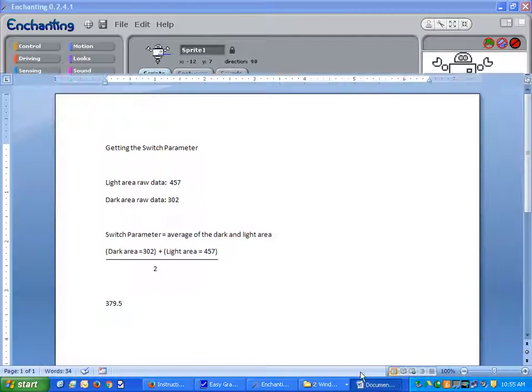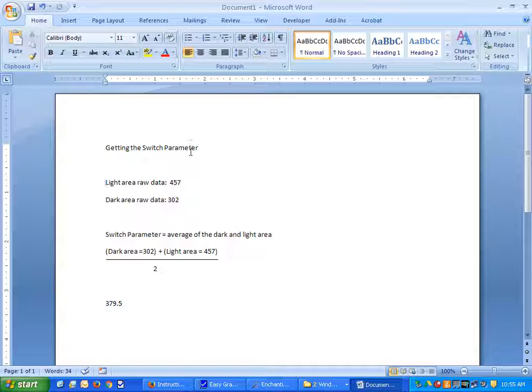I have a document here that shows you how to get the switch parameter. From the previous video, we got the raw data from our light area being 457. The dark area data was 302. Keep in mind that the dark is the lower number. To get the switch parameter, you take the average of the dark and light. Since there are only 2 numbers, you add them up and divide by 2. Dark area plus light area divided by 2,